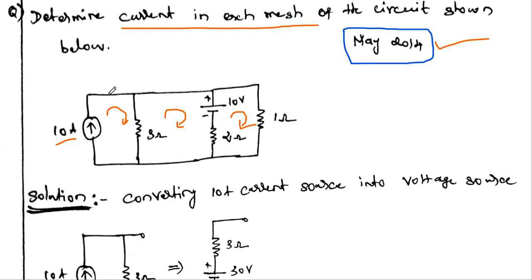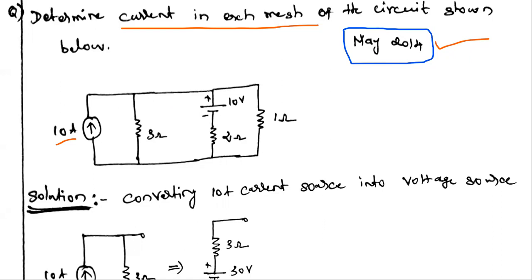Then you have to form the KVL equation for each mesh. So we will get the 3 equations. Then by solving the 3 equations, we can get the answer I1, I2, I3. Okay, it is an ordinary mesh analysis method. If you are solving with this ordinary mesh analysis, we have to write the 3 KVL equations and form a 3 by 3 matrix. Then we have to find I1, I2, I3 using del I1, del I2, del I3 calculation. Okay, so instead of doing this, we may convert this 3 loop circuit into 2 loop.